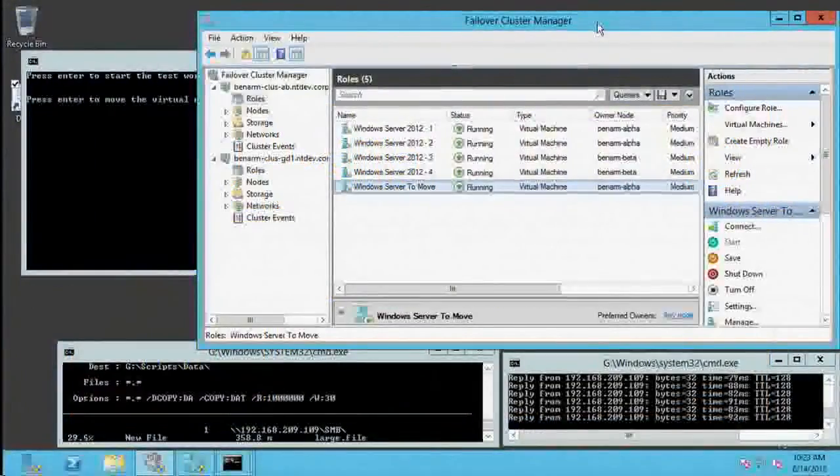So this is BenARM Theta. It's a full install of Windows Server. It actually doesn't have anything running on it. I'm just using it for remote management. And what it's connected to right now is 4 of my servers, BenARM Alpha and Beta, which